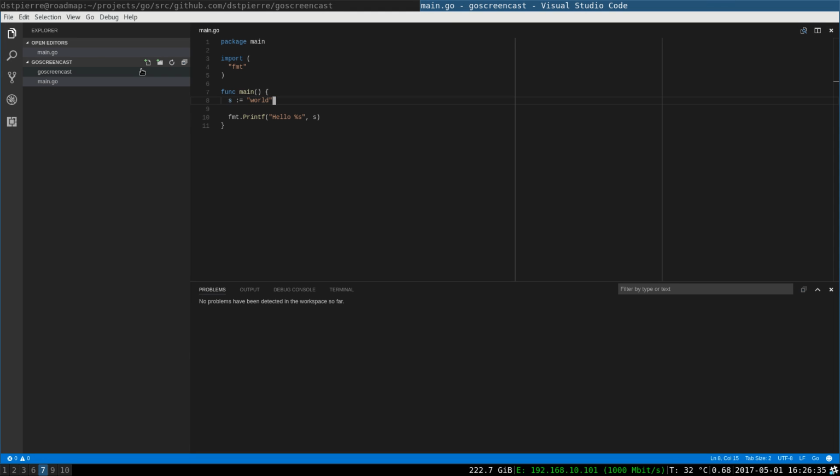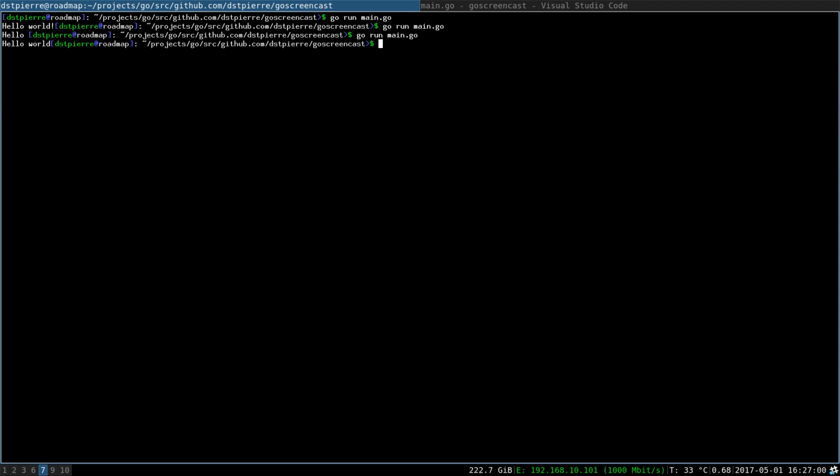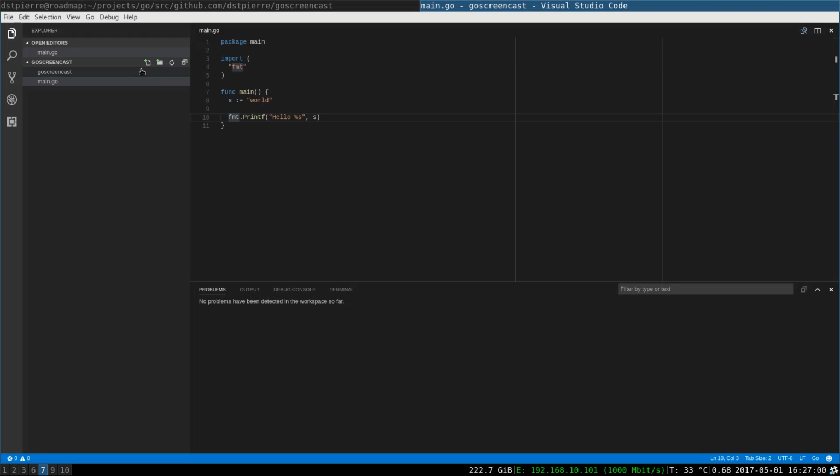So what it will do in the background is just what we had previously. It will do var s string, and it knows that it will be a string because it's able to infer the type from here. So it's just doing that, and it's doing this. So in one line of code we could do that, and now if we run our code, we will see hello world again.